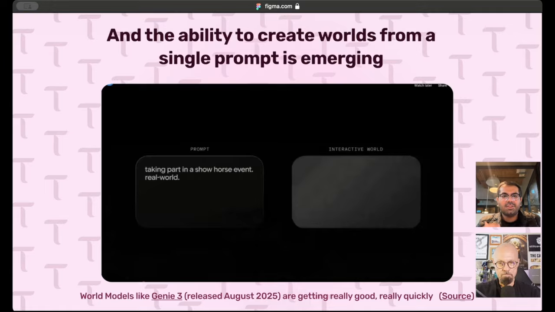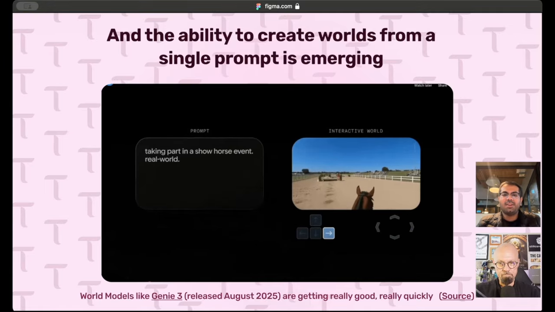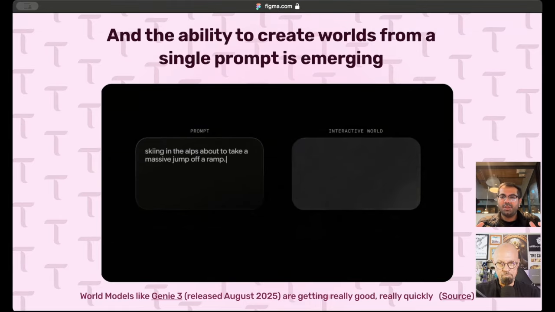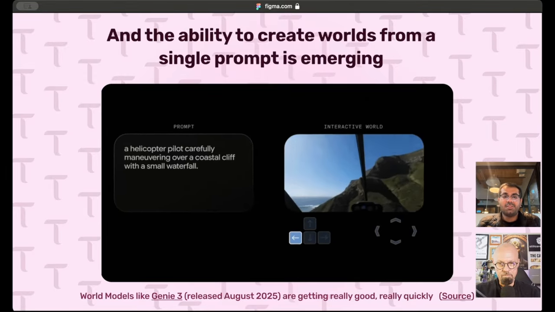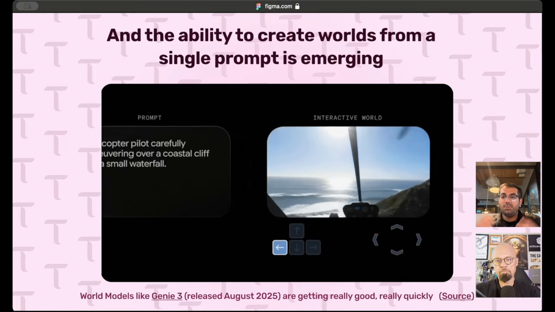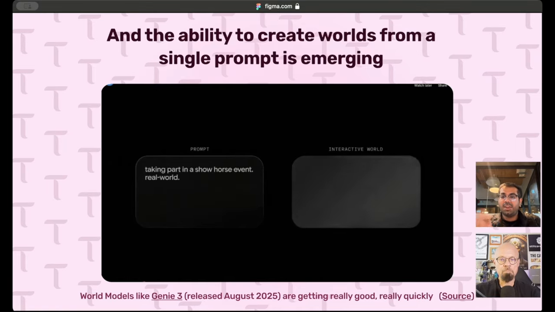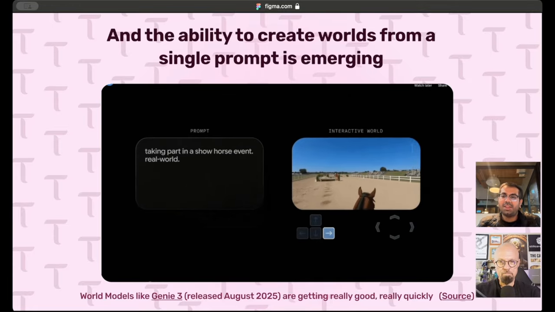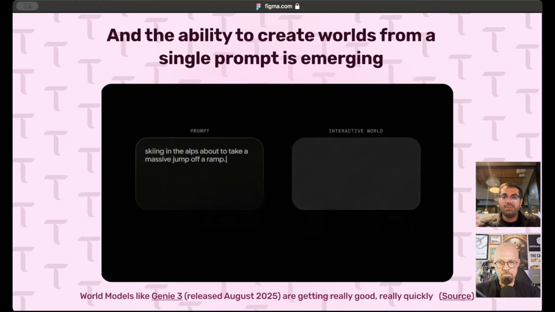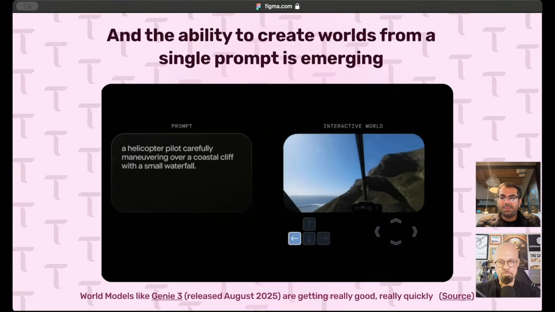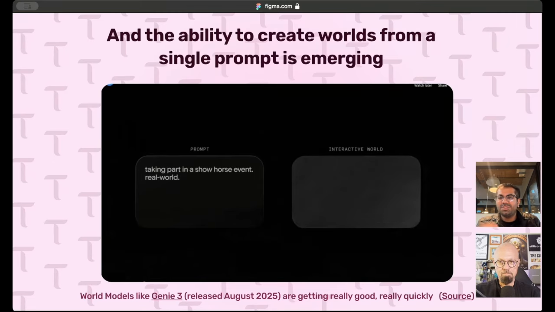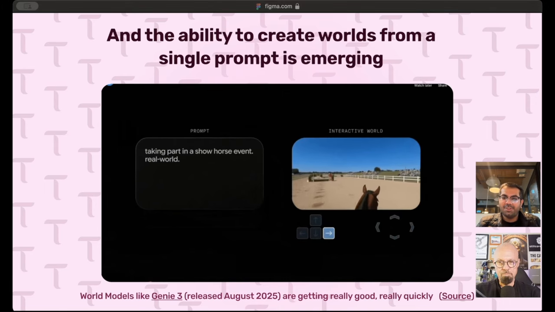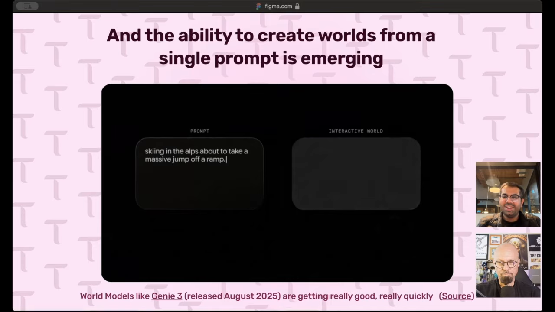Google figured out how to create an entire world from a single prompt. This is Genie 3 by DeepMind. It lets you prompt it to create a world that you can then start interacting with. You could say, hey, I want to fly in a helicopter with my favorite Dippy character along the coast of Spain, and it'll spin up this world for you. You have the keyboard, you can fly around, jump through the hoops, get out of the helicopter, do whatever you want. Sort of like a real world simulation.